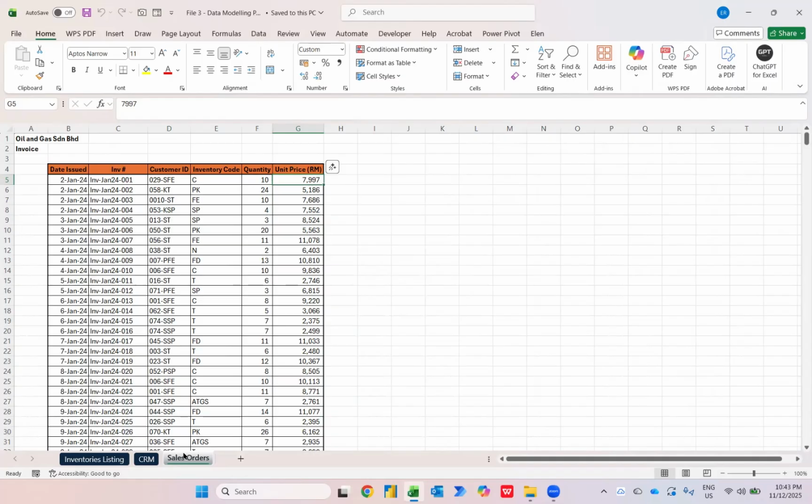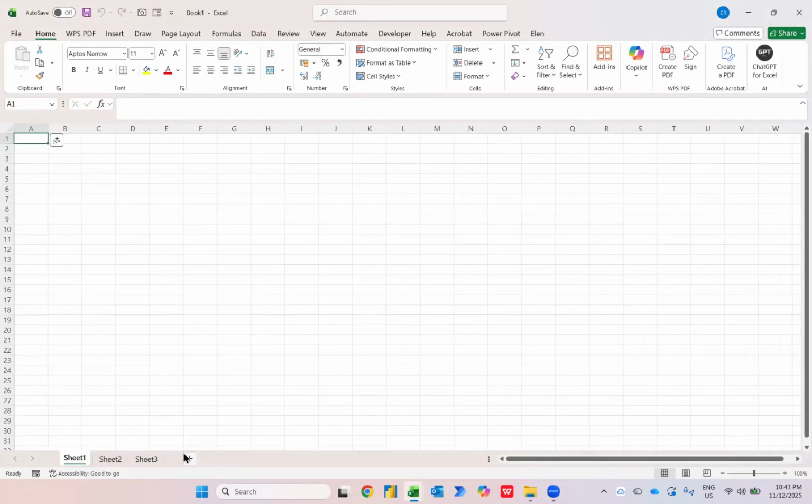So let's get started. First thing is, I press Ctrl N. By pressing Ctrl N, we can create a new Excel file. Ctrl N can be used in Microsoft Word, Microsoft PowerPoint, Microsoft Excel, even in Google Chrome, because when you press Ctrl N, N means new, it will create a new version of that particular folder or